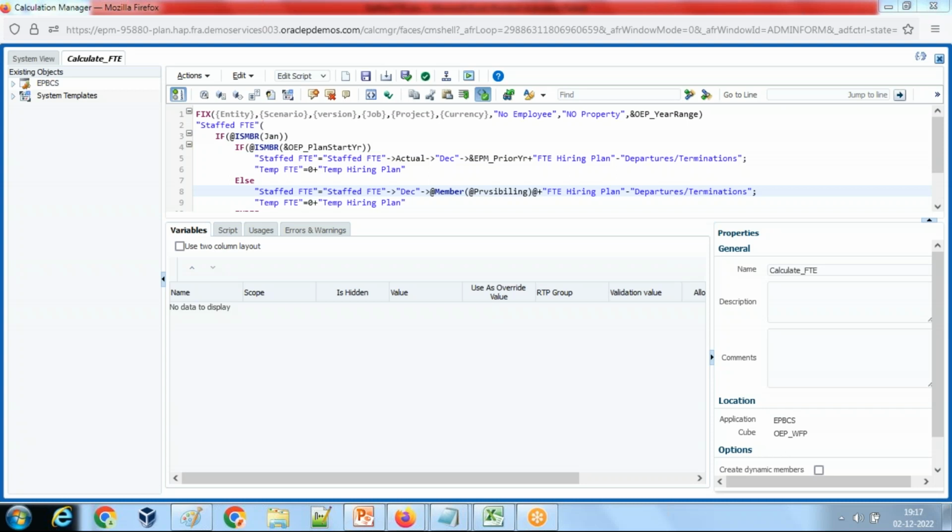So right over here, previous sibling and current year plus FT hiring plan minus departure and termination. Temp FT, I'll be calculating temp FT. It will take previous year temp FT plus prior year hiring plan. So temp FT intersection with December month,